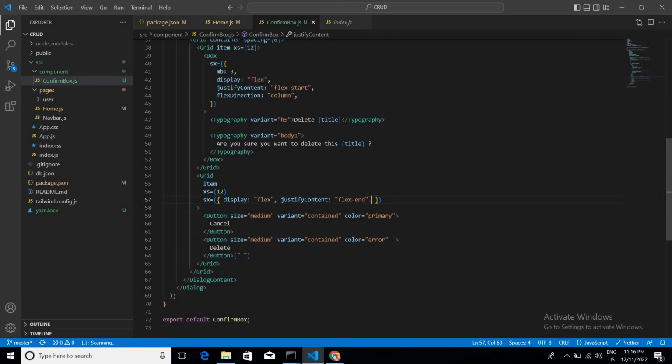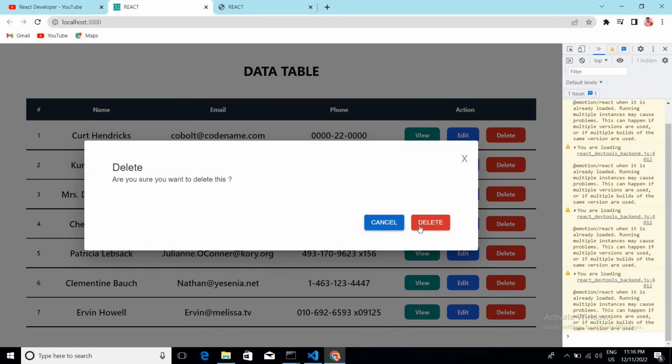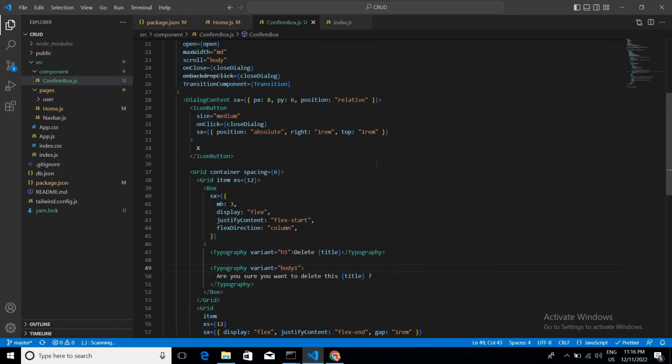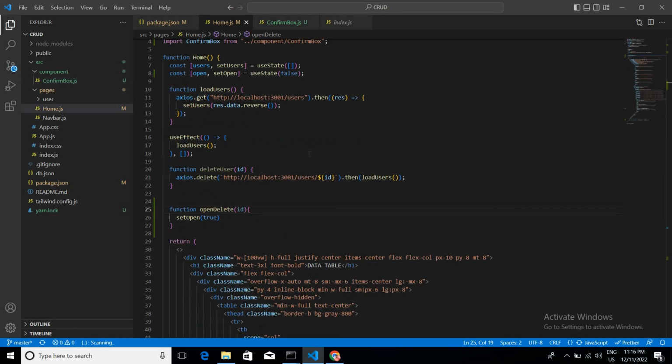Instead of giving some margin to them, we can directly give some gap here of 1 rem that will separate both the buttons from each other. Yeah, you can see this. So now our confirm box is ready. Okay, we haven't got any title here, but I'll put it with the correct buttons. So let's complete the confirm box here,